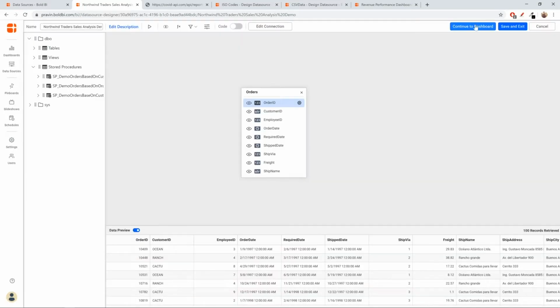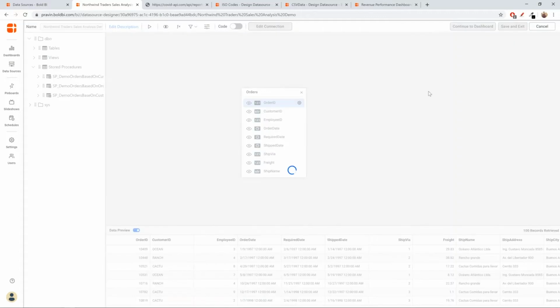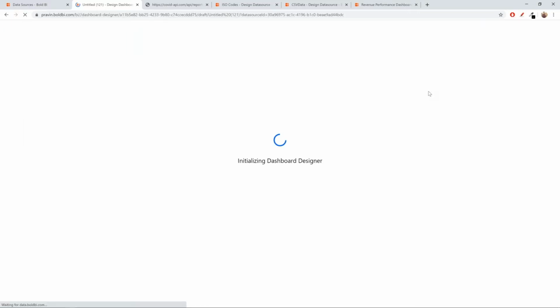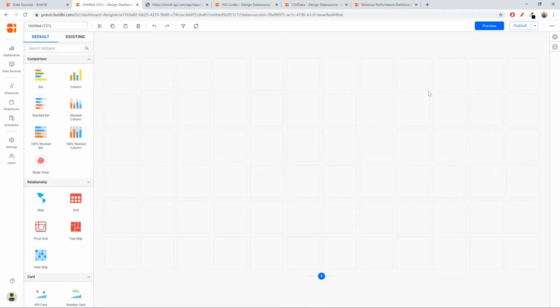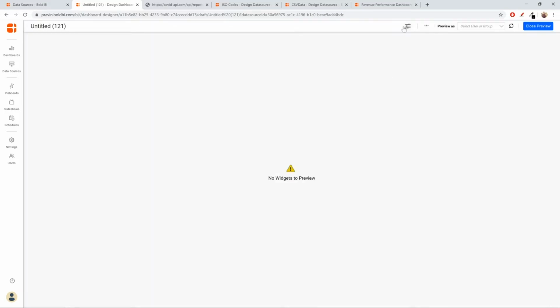I have not used this parameter anywhere in my dashboard now. I'm just showing how to create a parameter and change it in a viewer. And then we'll go back to using the parameter in different places. Now let's preview this dashboard. I don't have any widgets here, but this is how you are going to visualize the dashboard when you publish it, or when you share it with anyone.